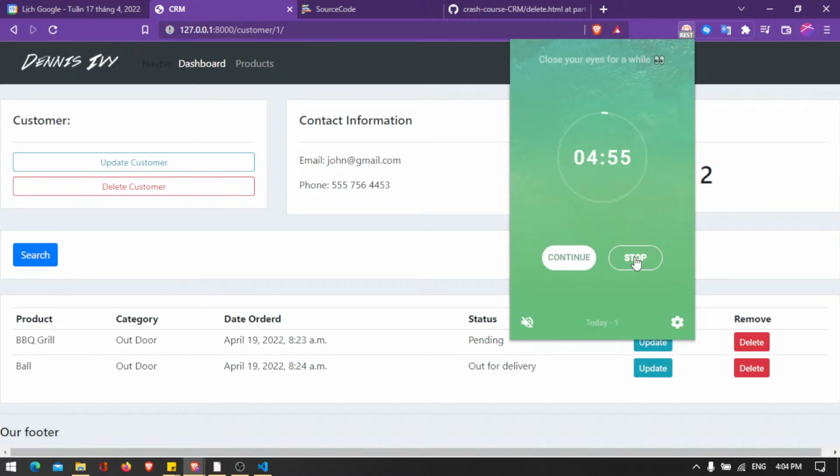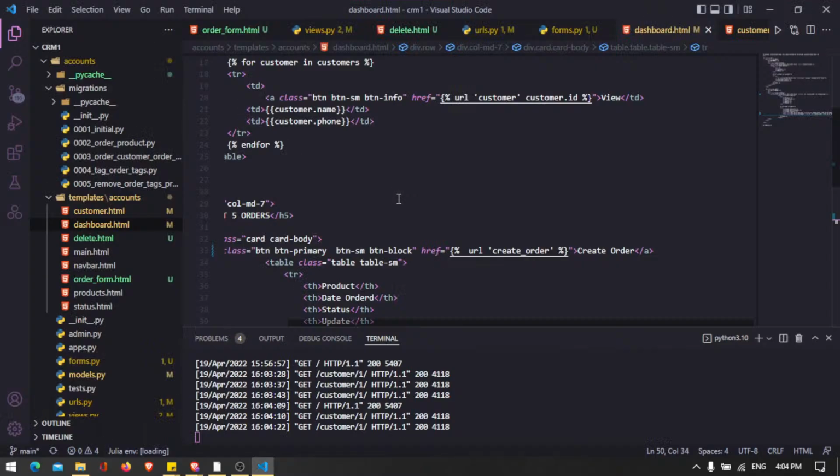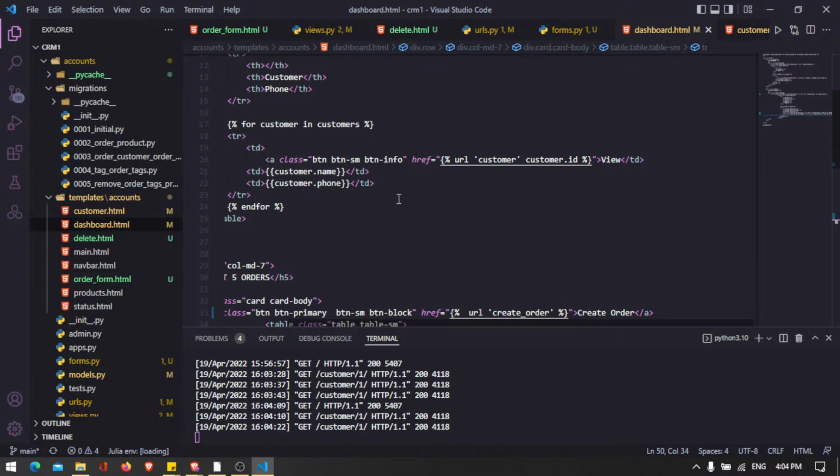Okay, so the first thing we're going to do is actually just remove this button here. So if we open up our dashboard.html file, it's right above the orders table. So we can just take out that link and let's save and refresh and make sure it's gone. Okay, perfect. So now what we can do is update